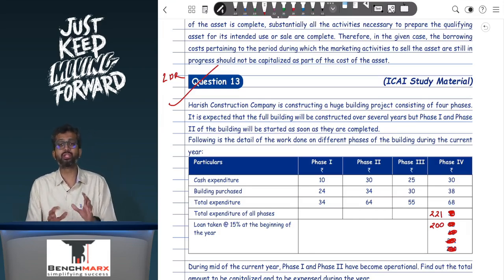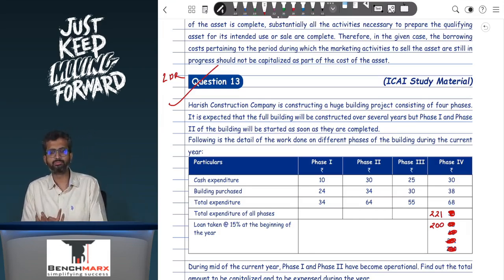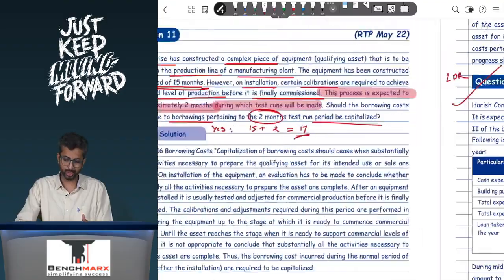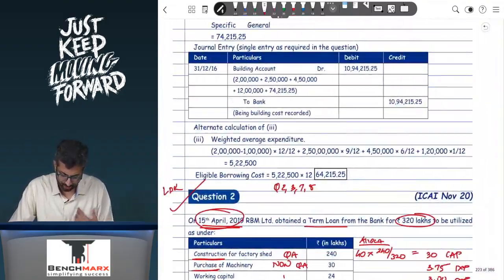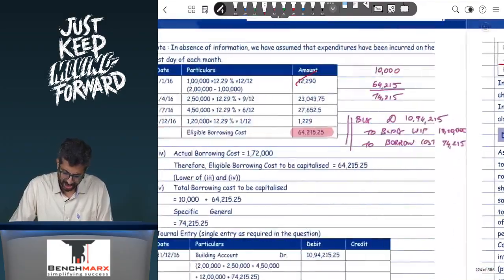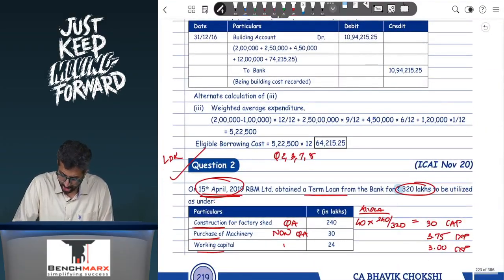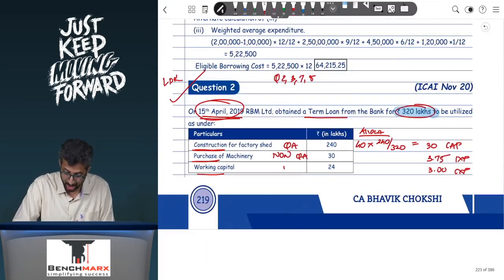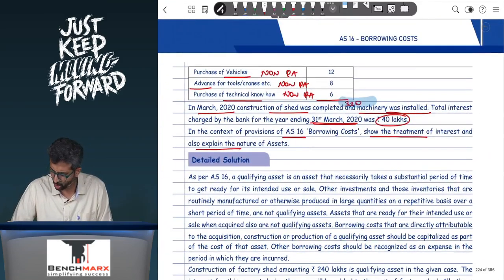You might make an expenditure of, for example, 250, but the borrowing is only 200, then your actual interest will be on 200, and whatever is the actual interest, you will allocate in the ratio of the expenses incurred. So for example, over here, let us say, just thinking aloud, in question number 2, you had a lot of these things, and ultimately how much was the total? Borrowing was 320 lakhs. My point is, what if the borrowing was not 320 lakhs? If I total up, this expenditure is 320 lakhs, borrowing is also 320 lakhs, but what if your borrowing was, for example, 300 lakhs? And on that, maybe you calculate some rate of interest. I don't know what the rate of interest is, but let us say you calculated something, and pro rata your